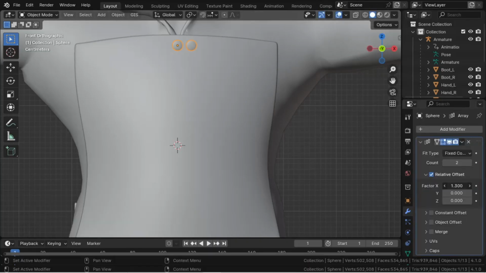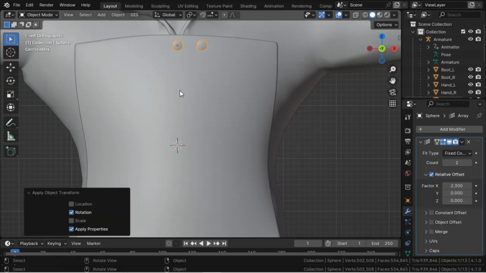So first we're just going to guesstimate the distance we want between each button. I went with 2.3 to start. As you can see, modifying the Z factor does nothing because we need to apply the rotation. So we'll do that now. And after it's applied, we can see it's moving up and down a bit